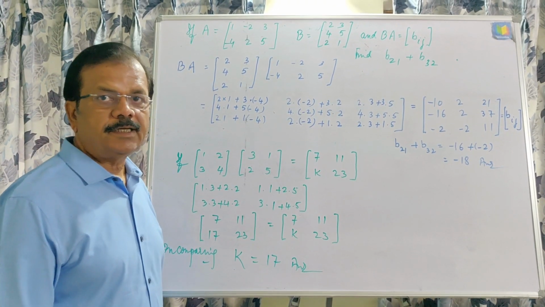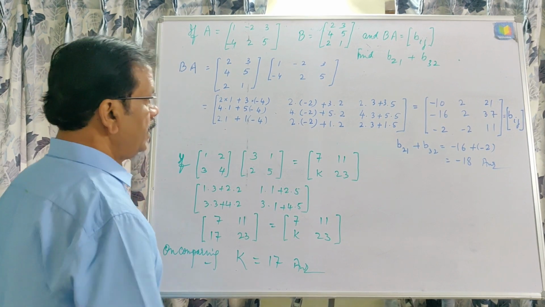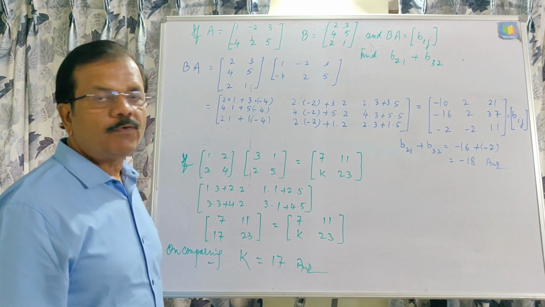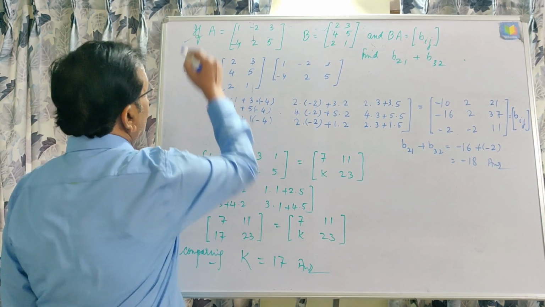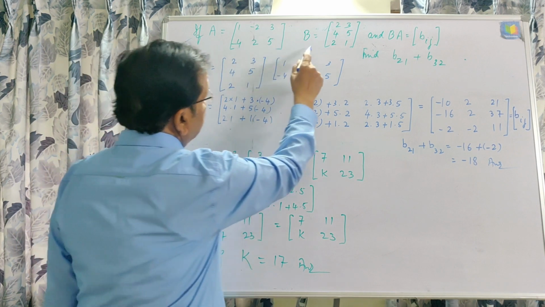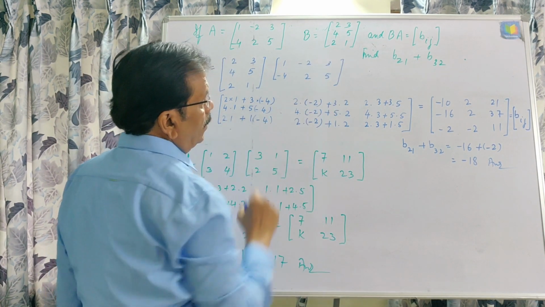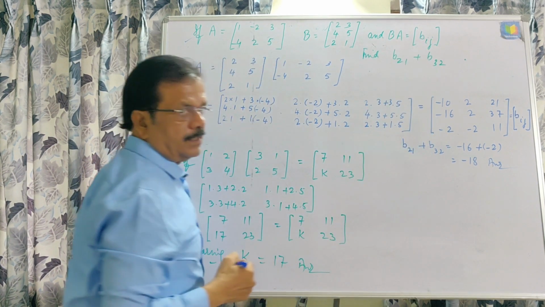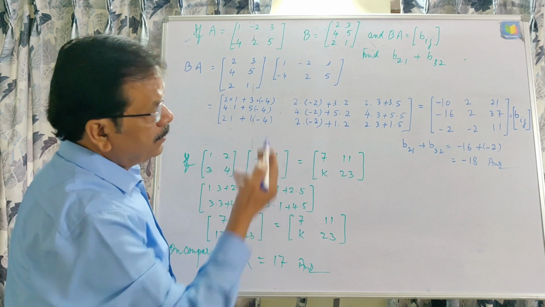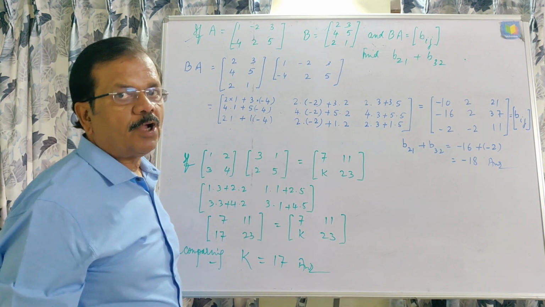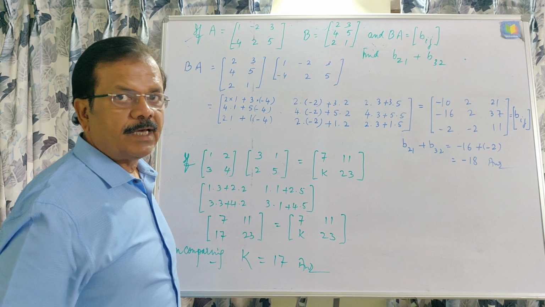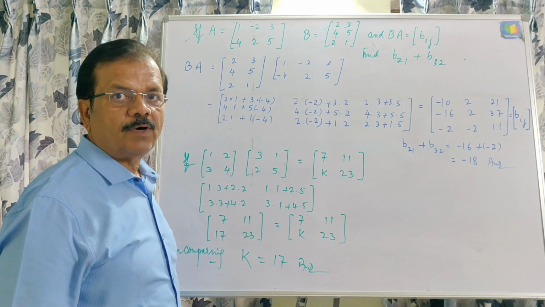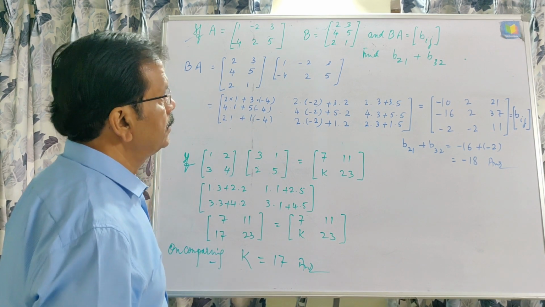These two questions are related to matrix multiplication and equality of any two matrices. Which conditions will be followed? Now in this question, if A matrix is this and B is this, and BA is represented in the form of small bij, we know that i and j are the row and column numbers. Accordingly, first row i is equal to 1, first column j is equal to 1. In the same way, we can write any matrix.